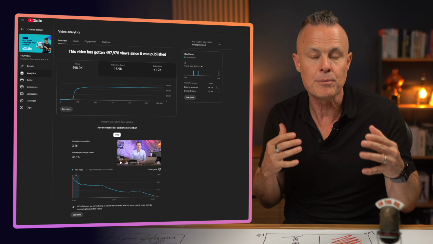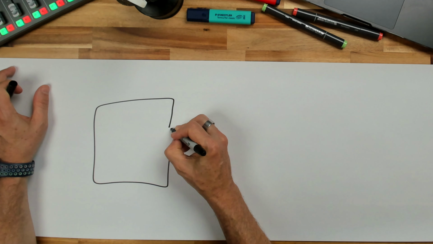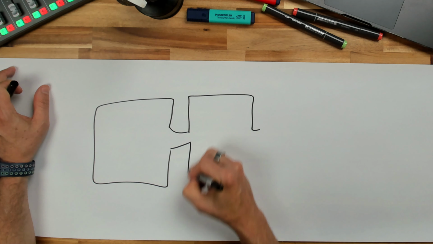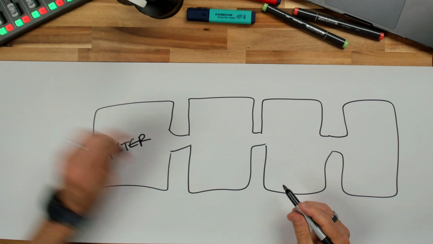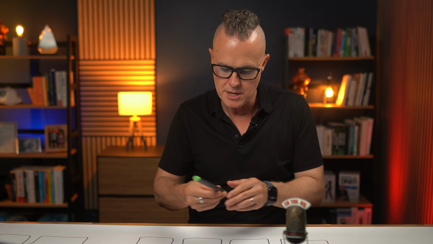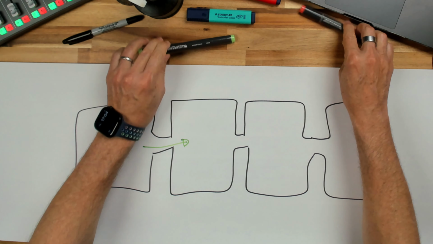So let me show you how to produce content that gets clients. So here are the 4 stages to any piece of content that you're going to produce, okay? The first stage is you're going to use the first part of your content to filter out and filter in the right ICP. And so I will mention, most of the time, digital agency owners in the first 30 seconds of any of our videos, because I want digital agency owners to continue to consume the content. And what I actually want is everyone else to eject and leave because they know it's not right for them.